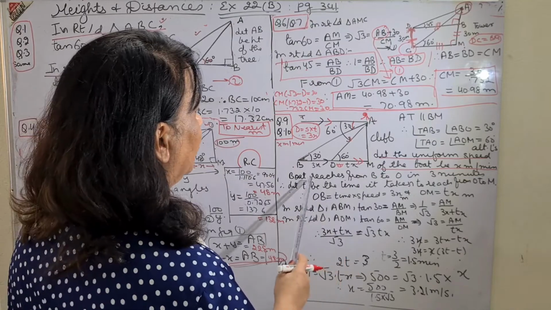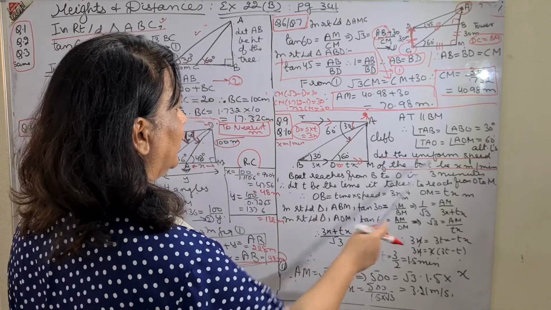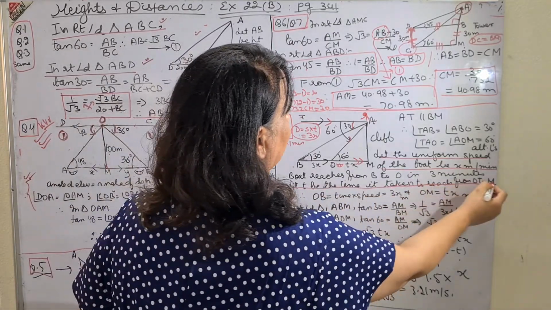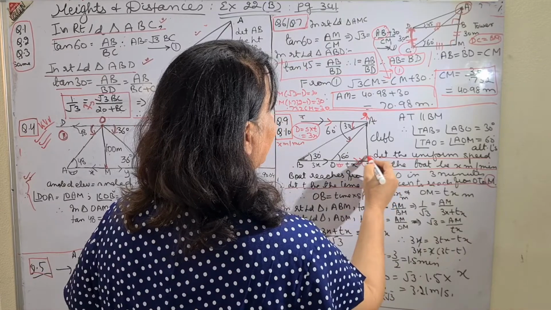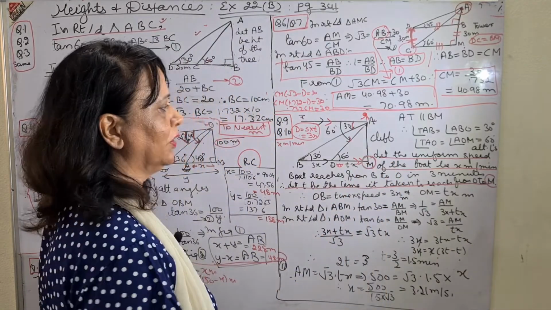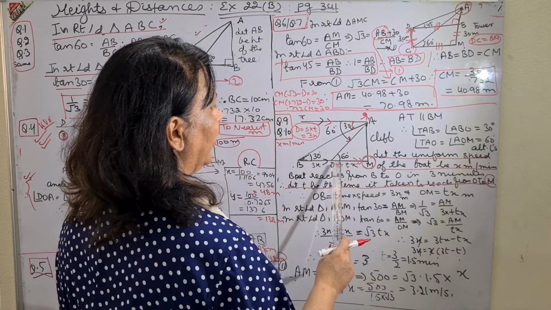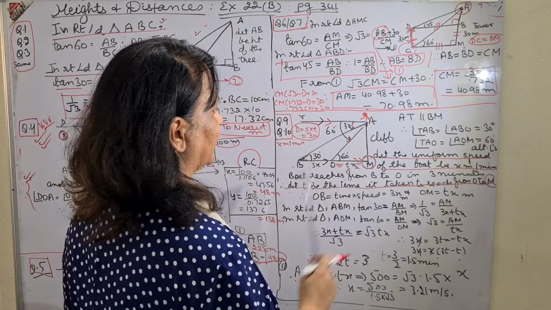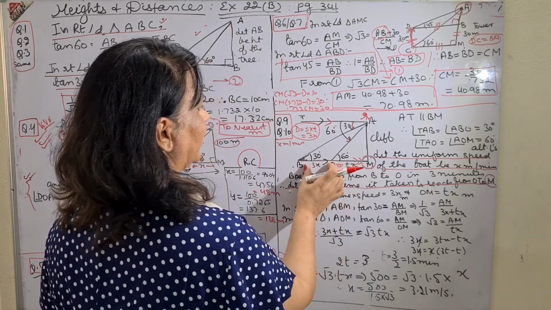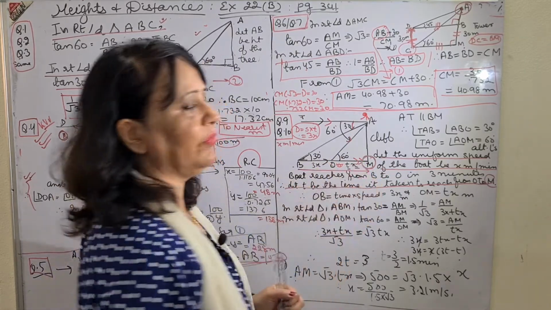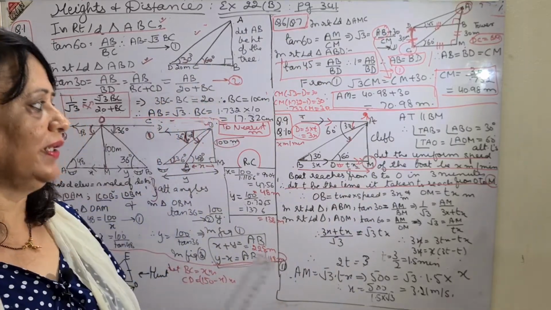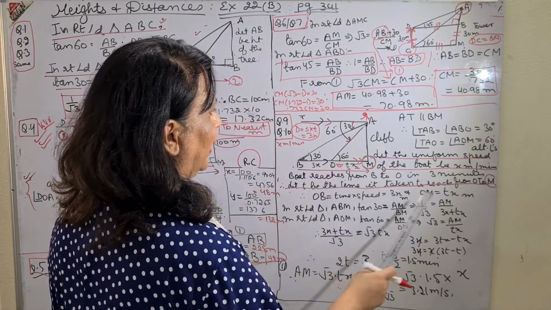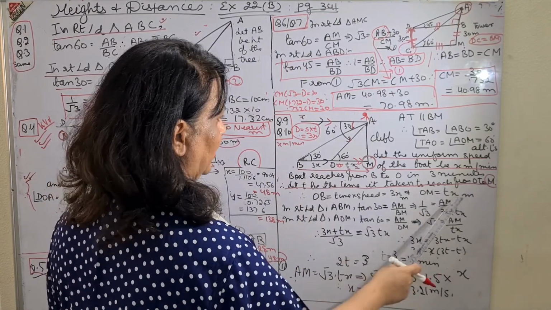I have written here, boat reaches from B to O in 3 minutes. Let t be the time taken to reach from O to M. M is the point totally beneath. The word immediately has been used in the question. So let t be the time. Now again, x is the uniform speed, t is the time, so distance will be tx. So OM is tx and OB is 3x. I got the distance. Time will not help me to find the answer, you need distance to find the answer. Now OB is equal to time into speed, so 3x. Again OM is equal to tx meters. I got the distance now.